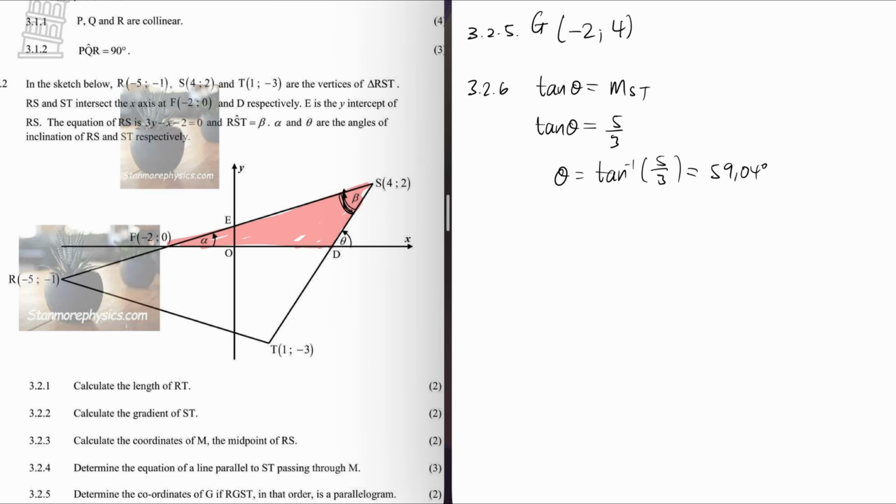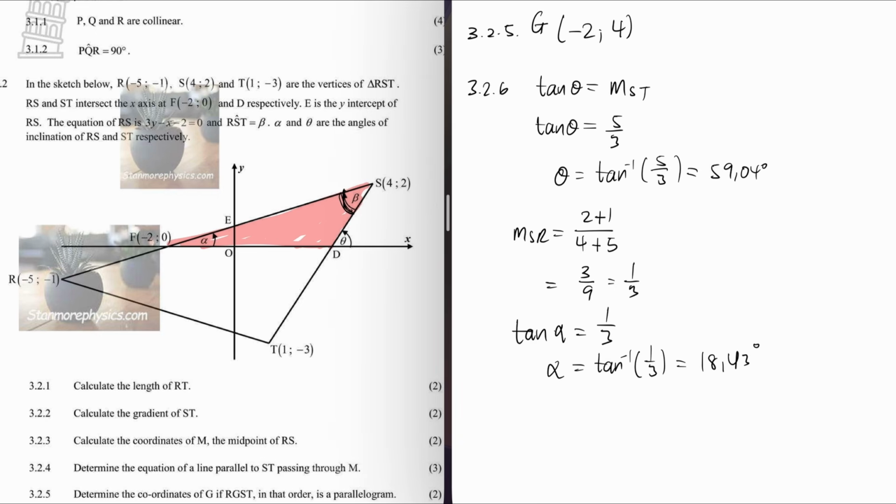To work out the gradient of SR, I will say y2 minus y1, so 2 minus minus 1, divided by 4 minus minus 5. And that's equal to 3 over 9, which is 1 over 3. Then to work out alpha, I can say tan of alpha is equal to the gradient of SR, which is 1 over 3. That means alpha is equal to arctan of 1 over 3, which is equal to